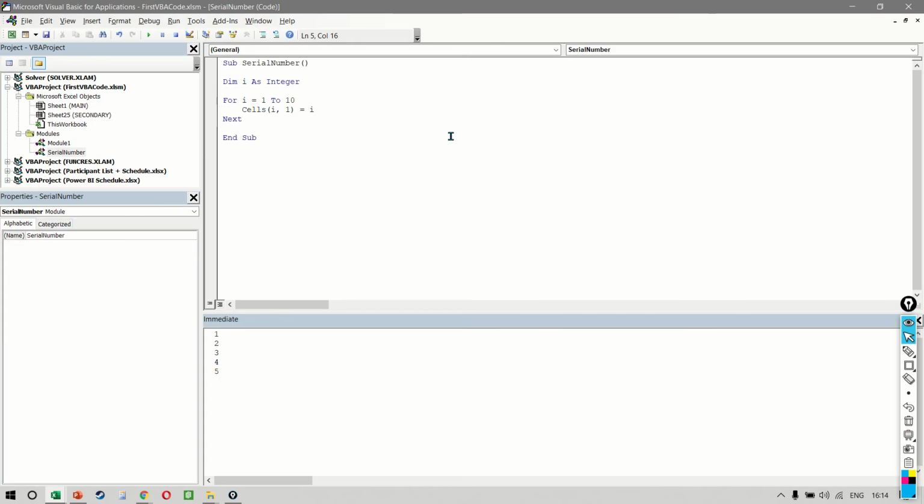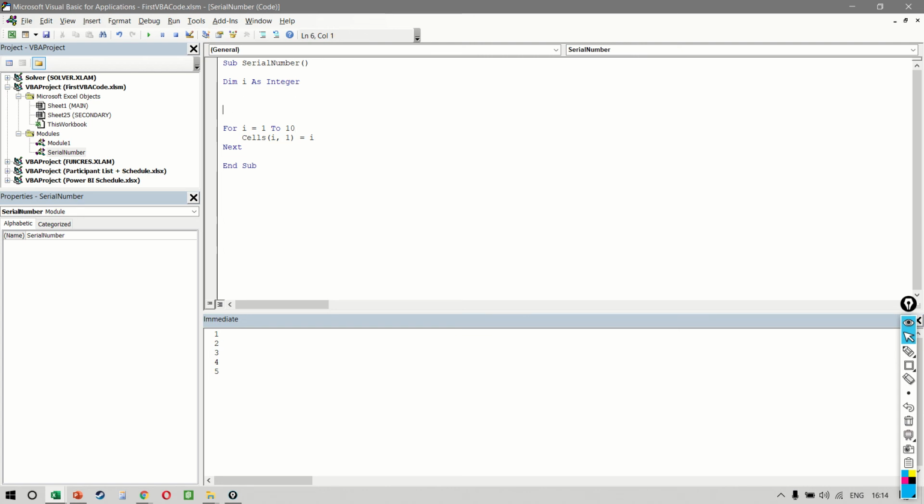So if this code is working perfectly, then why do we need to change it? The problem is that the end user does not, in most likelihood, understand VBA, which means that you cannot expect them to go back to the code and make this change every single time. So we will do this a little smartly.